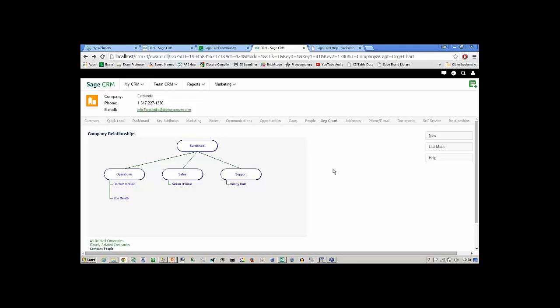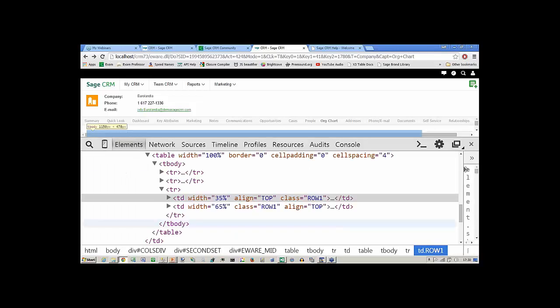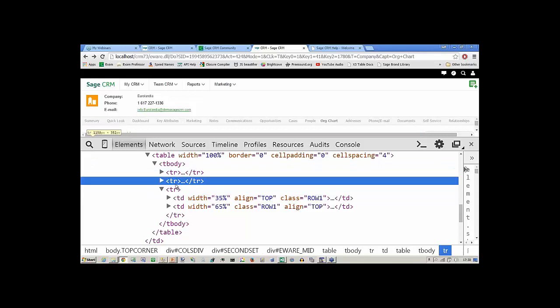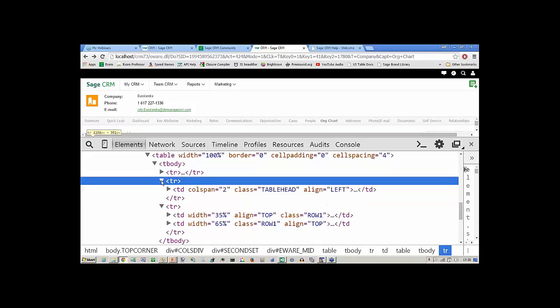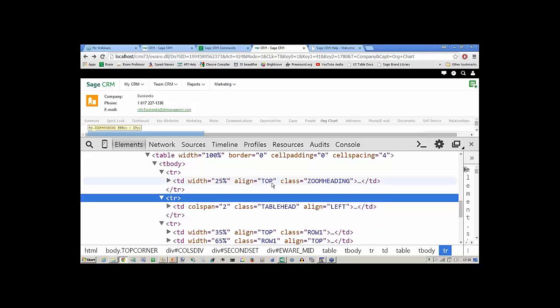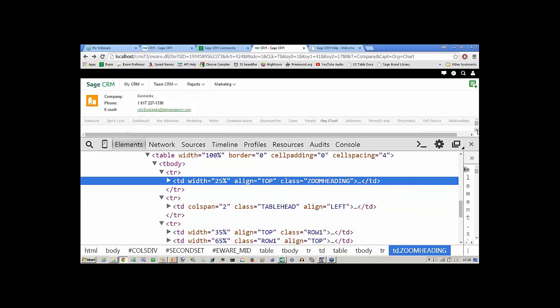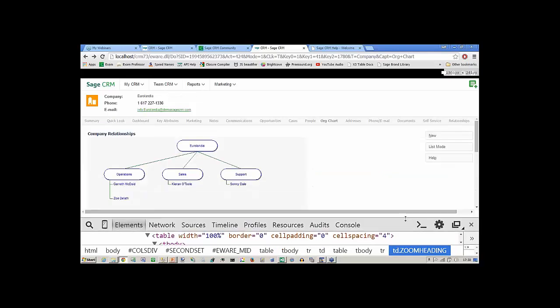Sage CRM builds its pages in a fairly standard way, and this is a fairly funky tip that I'm giving you here. If we, for example, inspect the element here, what we'll find is that we are within a structure that we can take advantage of. We can identify that we're in a particular place, like zoom heading, that would allow us to change and control